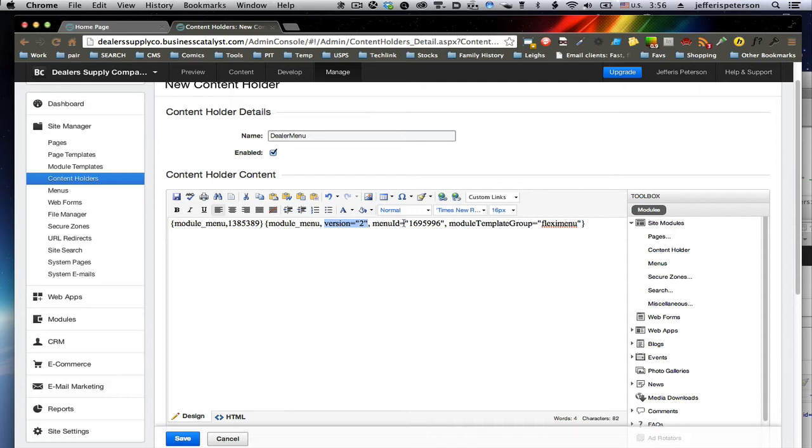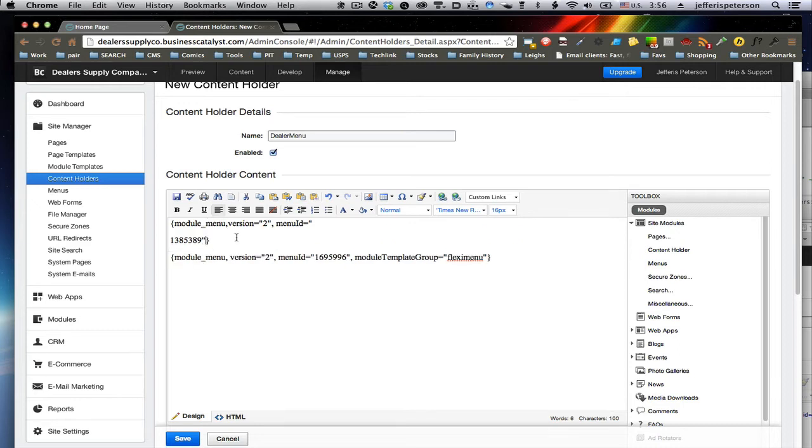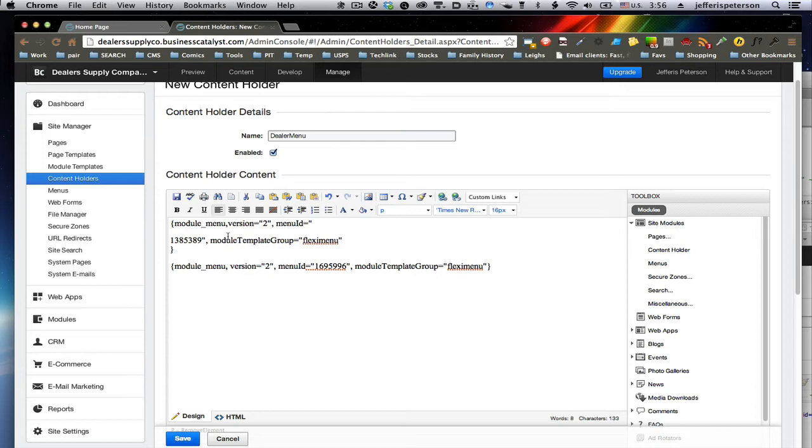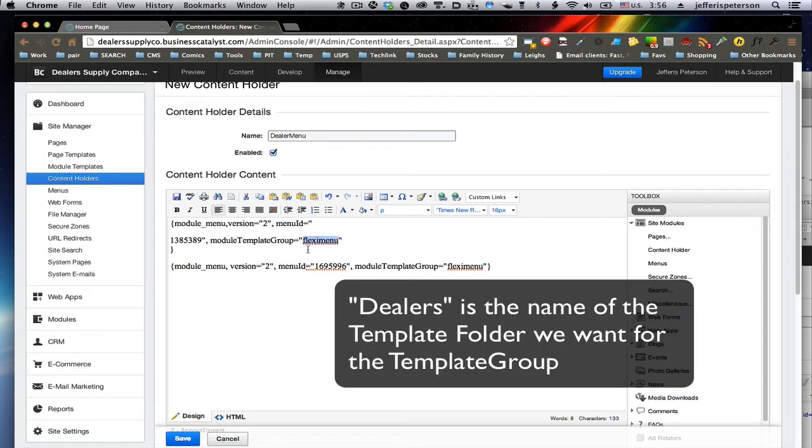menu ID equals, and it's going to be a template group. And remember, this is Dealers, the file we have in